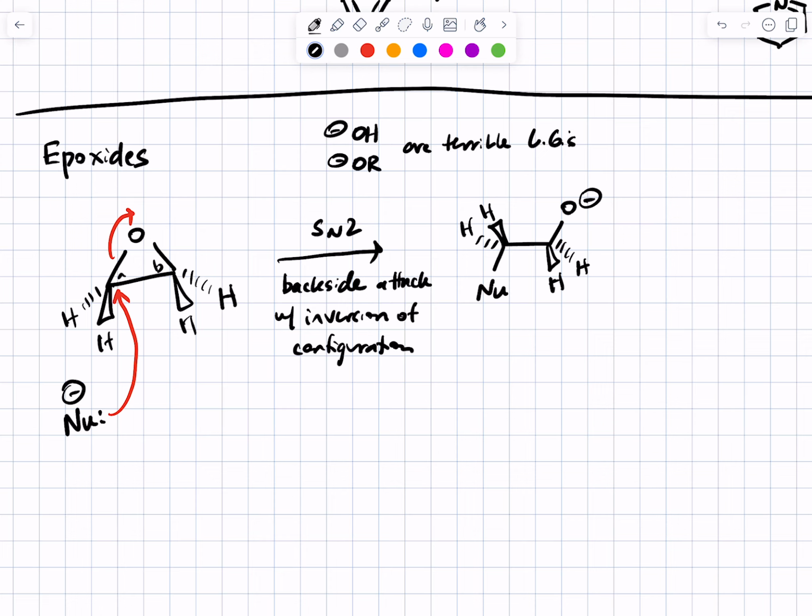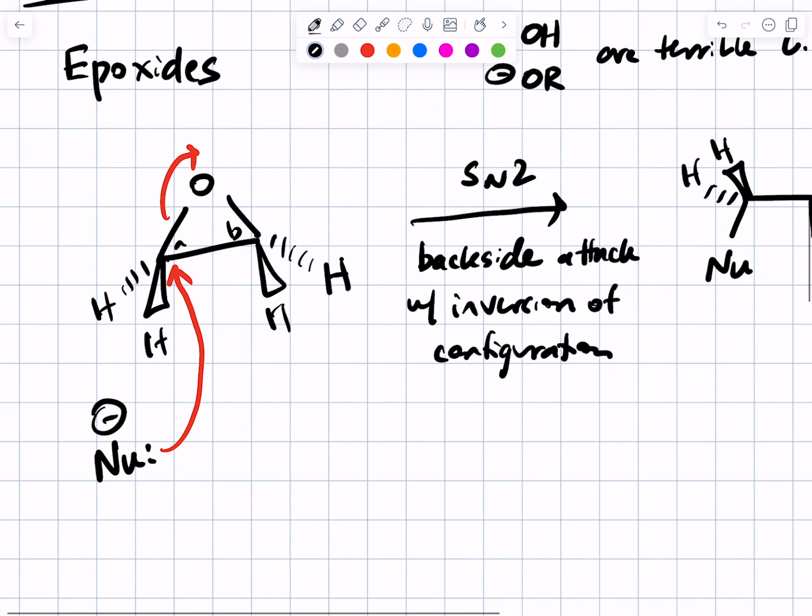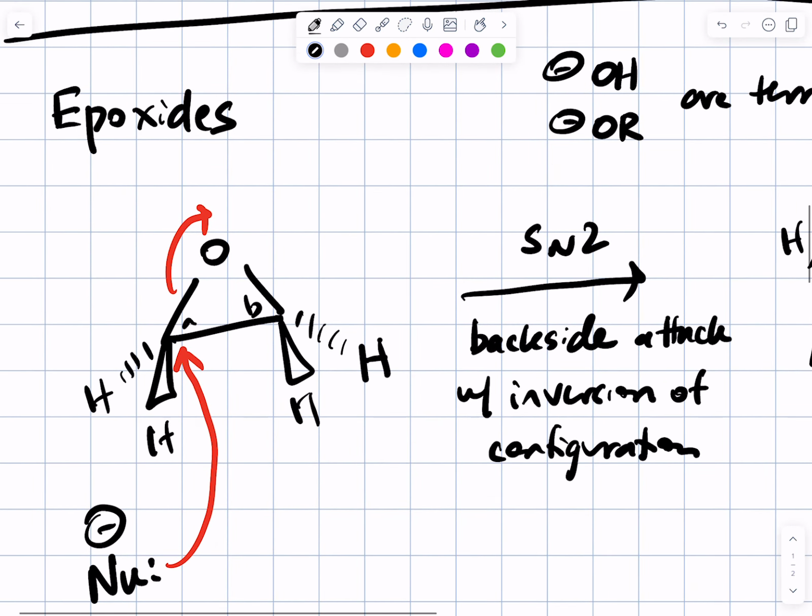Now, why do you suppose it's okay for this OR minus to leave for the epoxide? Anything that might explain that when we've never really seen that happen before? Go ahead. Is there like some weird torsional strain type stuff going on with it being a three-member ring? Yeah, great. You've got ring strain